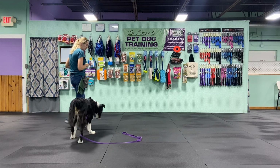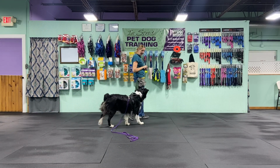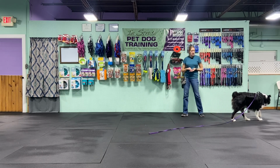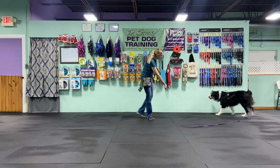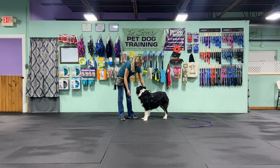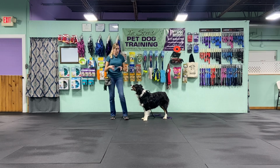So this way we're teaching Mr. B that staying nearby or being near the handler has really good association. So let's say he gets a little distracted. Bear, come. Nice. I would also make sure that the amount of recalls do not become so many that he